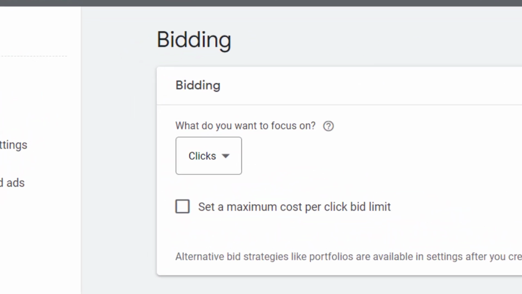Bidding. Bidding is an important aspect of setting up a Google Ads campaign, as it determines how much you will pay for each click on your ad. If your focus is to get clicks on your ad, here are some key points to consider when bidding. First, set your budget. Before you start bidding, it's important to set your budget for the campaign. This will determine how much you can afford to spend on clicks, and it will help you to manage your